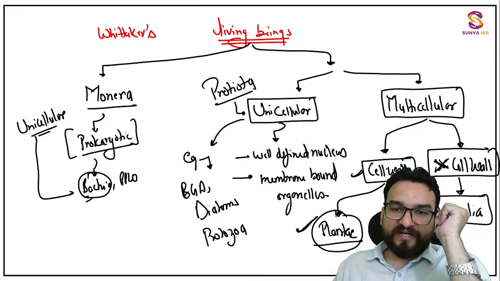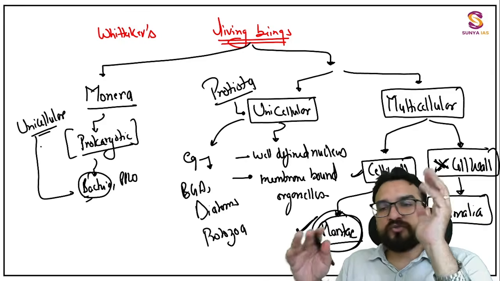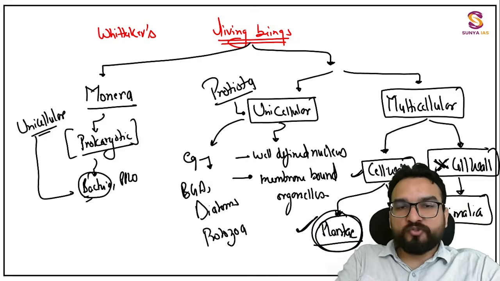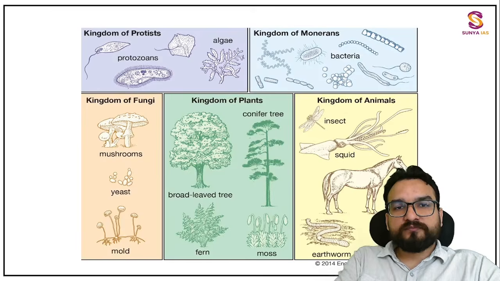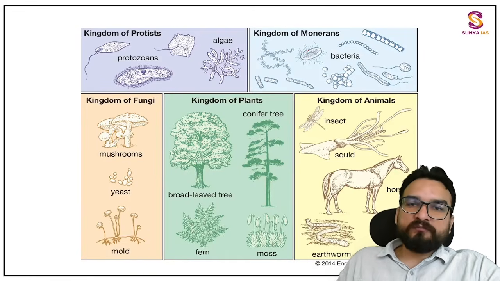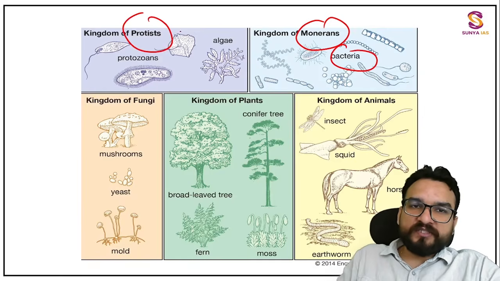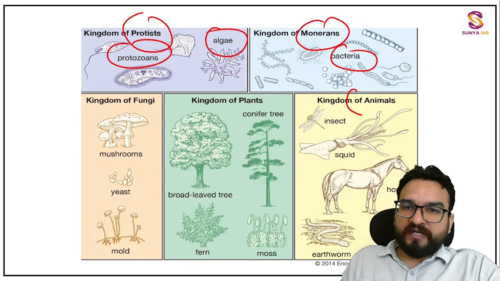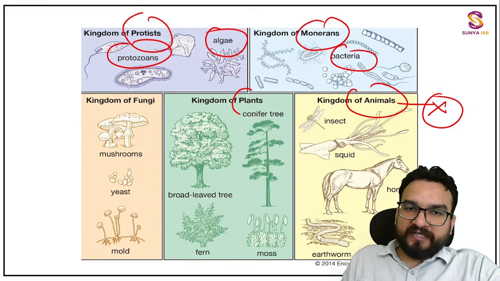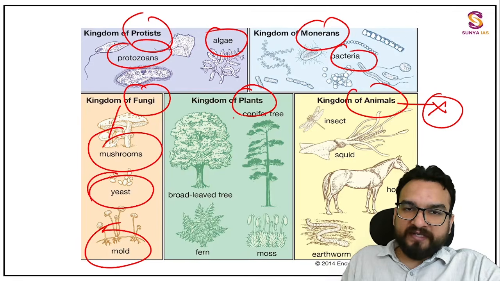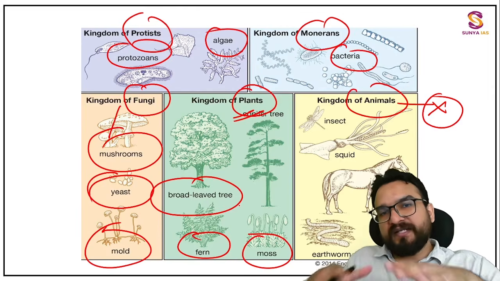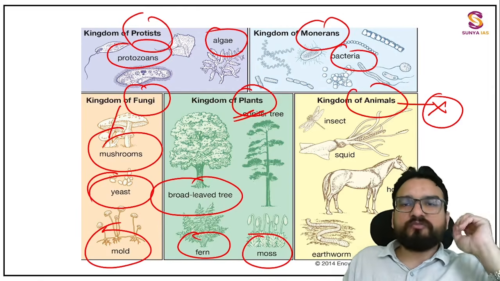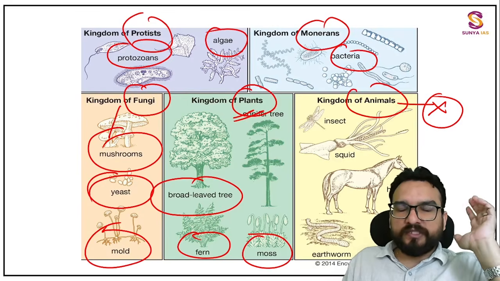So this area we are coming over here, guys. This particular chart you should remember. Again, I am telling you. ये मैं आपको दिखाता हूँ ये chart. Just wait. देखो over here. Kingdoms: Monera, bacteria; Protista, algae, protozoa. Then over here Animalia, not containing cell wall. Containing cell wall but not containing photosynthesis, fungi: mushroom, yeast, mold. Containing photosynthesis: broadleaf tree, fern, mosses, and every plant which you are going to see. And then the Plantae kingdom is also further divided, which we will be seeing whenever there will be the right time to see that.